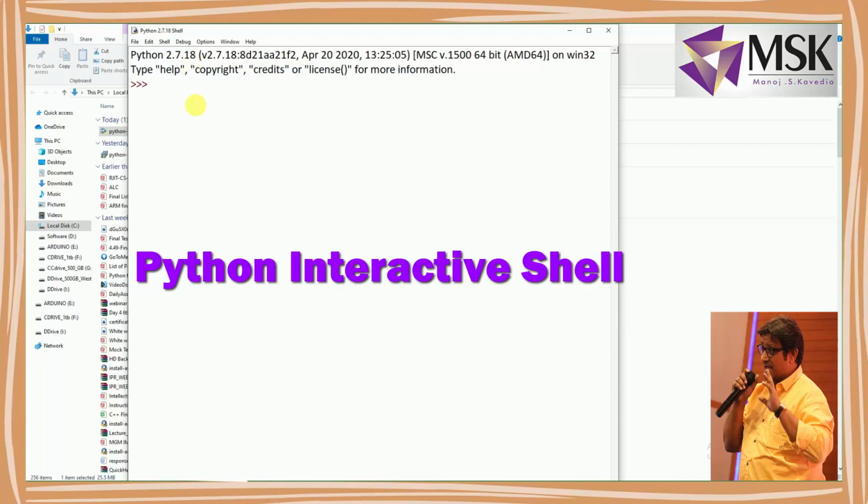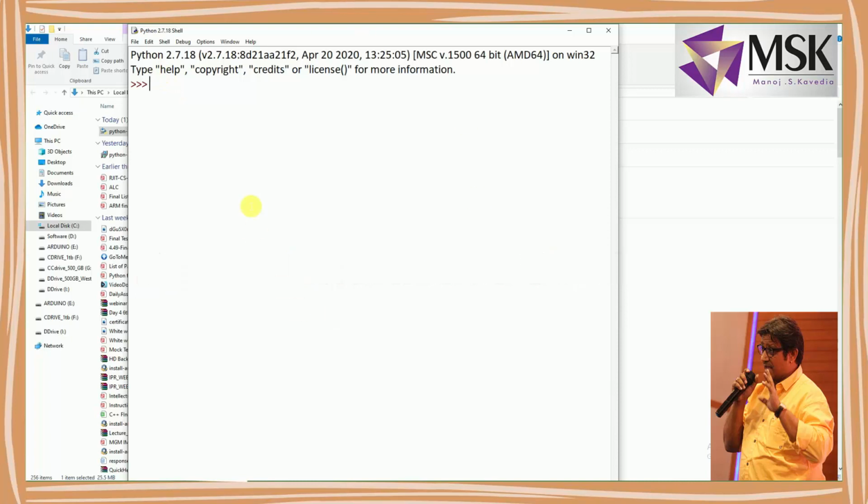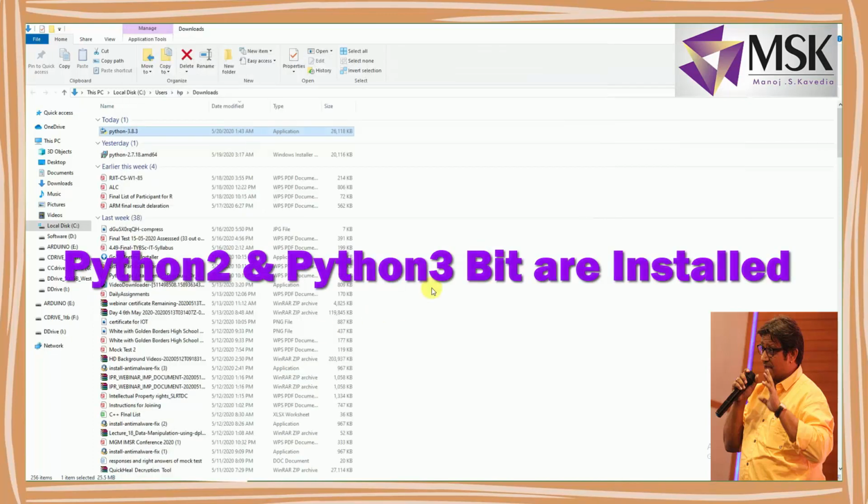So this is the Python 2 version, and this is also called an interactive shell. We'll see why it is called an interactive shell or the GUI. But first I'll exit from here and I'll say close. Now on my machine, that's why by default the 2.7 shell is working.